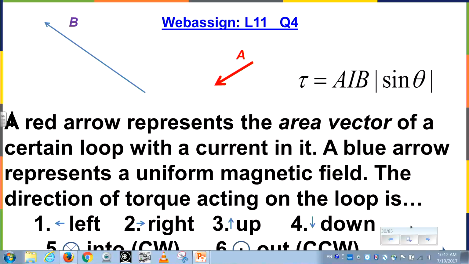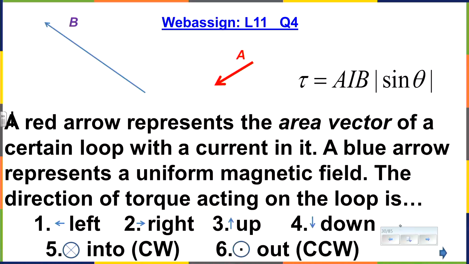But this is the question related to the previous slide. How would it move? An area vector represented by the red arrow, and the long blue arrow represents magnetic field. And these are possible answers for the torque. And now you got to go back in time. Lecture 14, PHY105, torque.